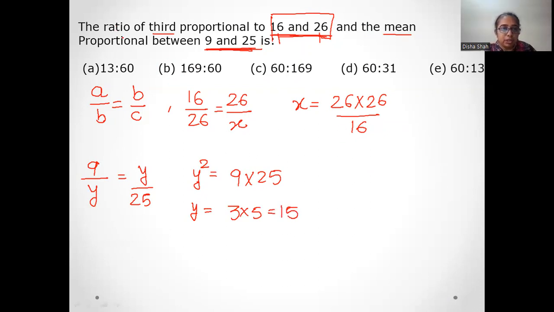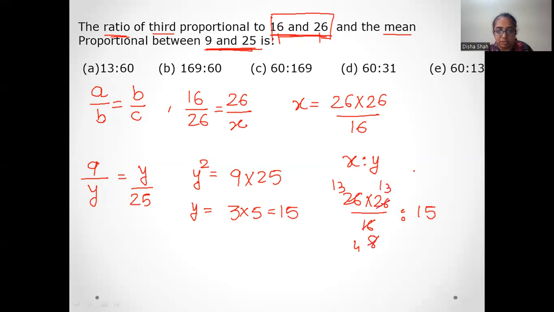So, हमें क्या पूछा गया है? आपको इन दोनों का रेशियो निकालना है. मीन्स आपको x is to y की वैल्यू निकालनी है. x is 26 into 26 upon 16 and y is 50. इसे सॉल्व करेंगे तो ये 8 हो जाएगा. तो आंसर कितना आ जाएगा, 13 into 13 is 169 by 4 is to. तो ऑप्शन में आप देख रहे हो कोई फ्रैक्शन में नहीं है, तो इसको पूरे रेशियो को 4 से मल्टीप्लाई कर दो. सो यू विल गेट 169 is to